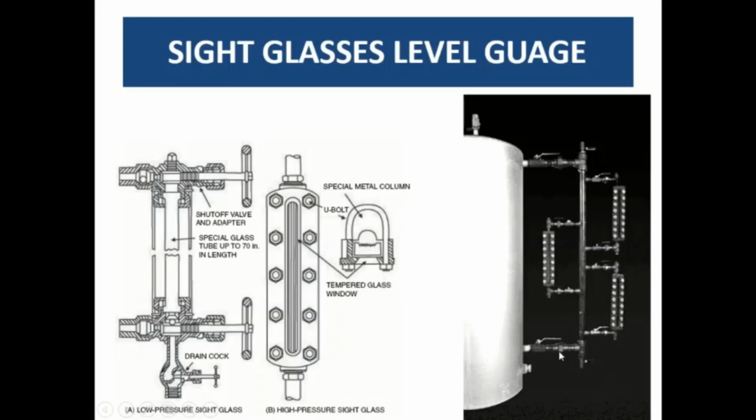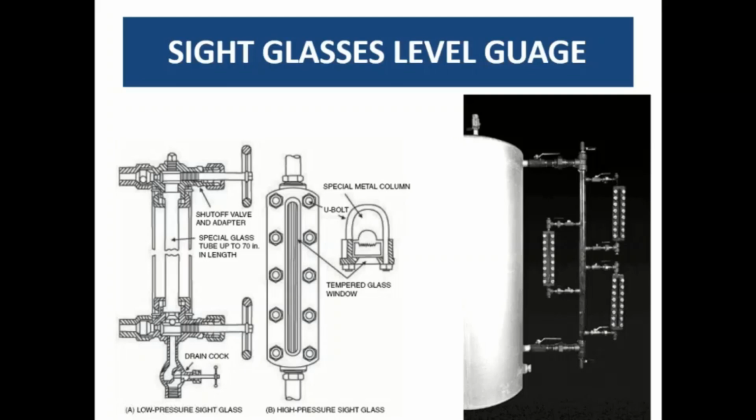So the liquid will start to fill up and will be confined in this part of the column. This is the special glass which is installed at this part. These are the bolts through which we have tightened this whole assembly. So this is a very simple